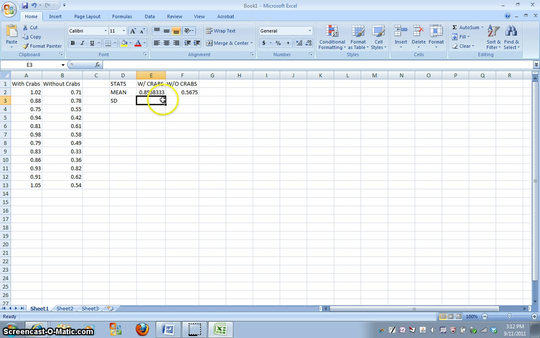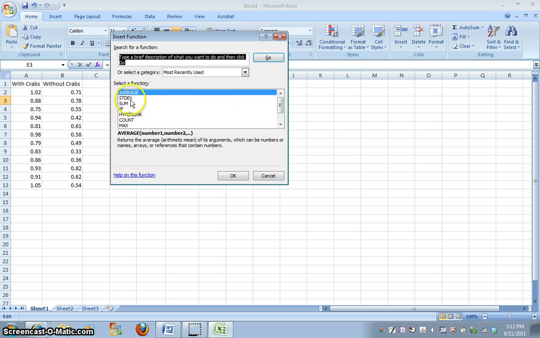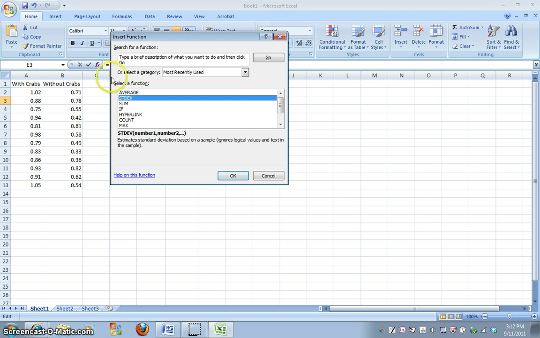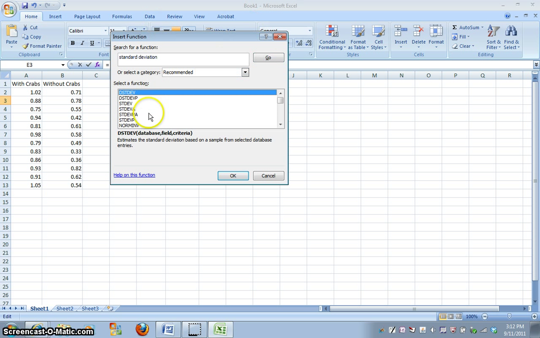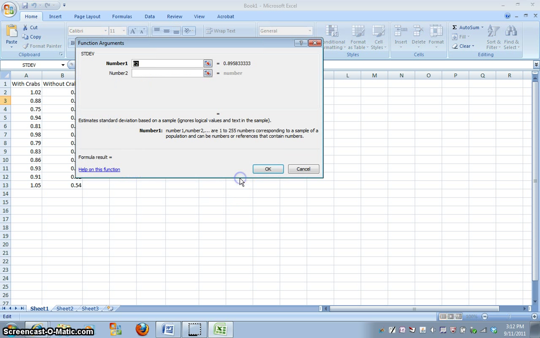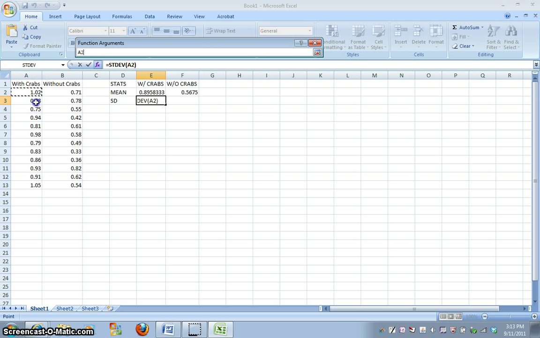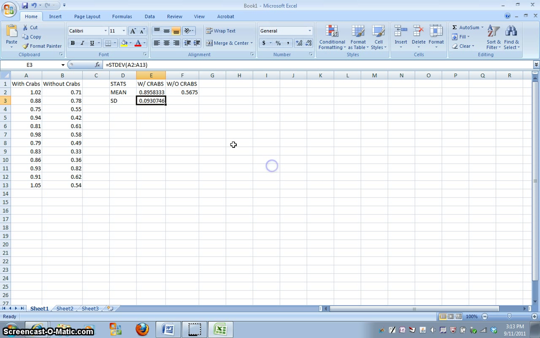I'm going to do that first with my environment with crabs. So I'm going to go to insert function. I've already got it here. You see STDEV. But in case that is not a function that you've used most recently on your computer, I would go ahead and type in standard deviation. Click on go. And we've got several standard deviation options, but again we're picking STDEV, standard deviation. Click on OK, and again select the cells that you want it to pull the data from. Select those cells, hit OK, and it's entering in our standard deviation value for with crabs,